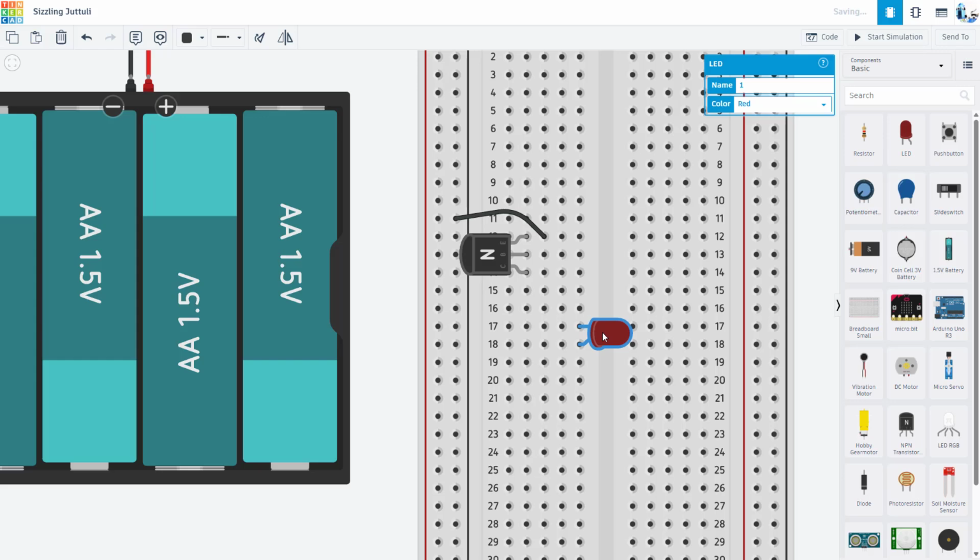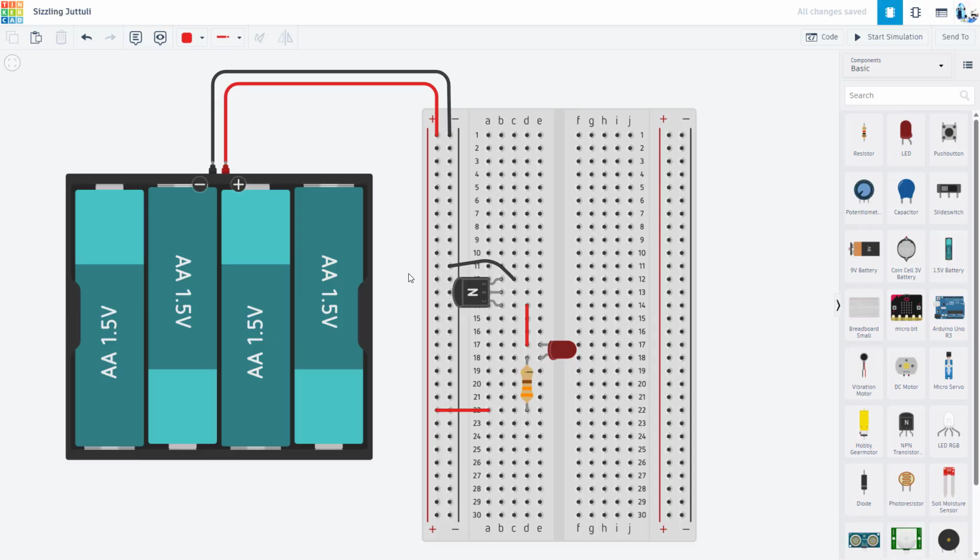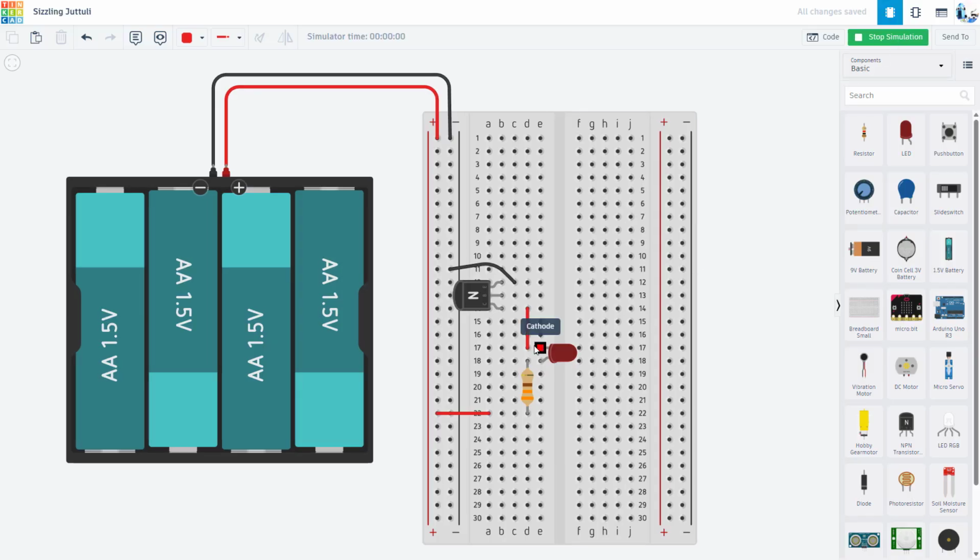And we have other videos on this channel about calculating the current limiting resistor value for an LED. So I am not going to bother doing any math here. I'm just going to slap on, say, I don't know, a 330 ohm resistor in series with this LED and connect that to power. But you can see if I run the simulation, the LED is not on, nothing is happening because I do not have any current flowing into the base yet, and I need that to turn my transistor on,